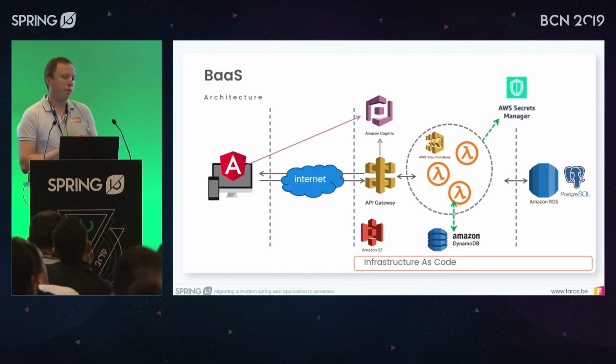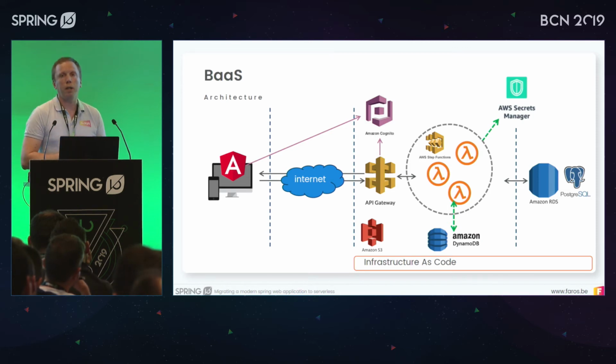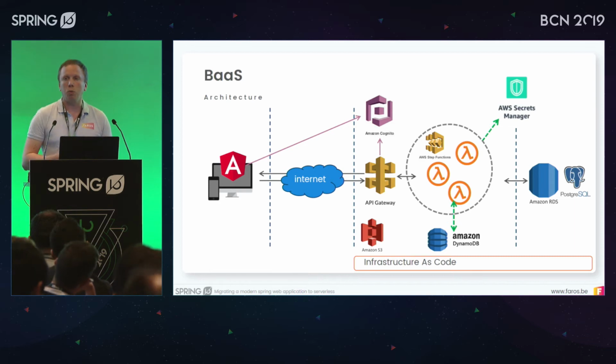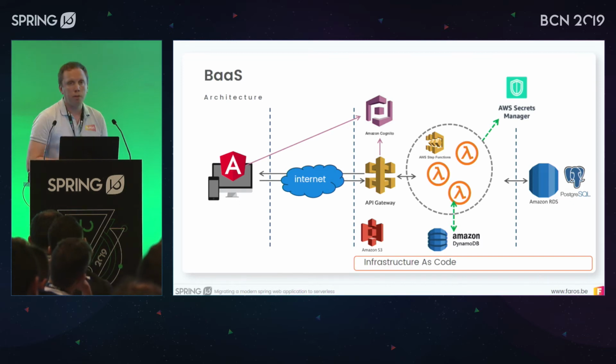Now, the only thing that we had left to do was keep some more state. As we said before, the serverless application can be started very easily and very quickly, but can also be shut down, so we can't really store anything in them. So to store all the clients that were connected to our application so that we could send updates, we had to store them externally from the functions, and we chose Amazon DynamoDB for that, together with the Lambdas in Node.js. Every time we get a reservation, it checks DynamoDB for all the connected clients, and it contacts the API Gateway to send out a WebSockets message to those clients.